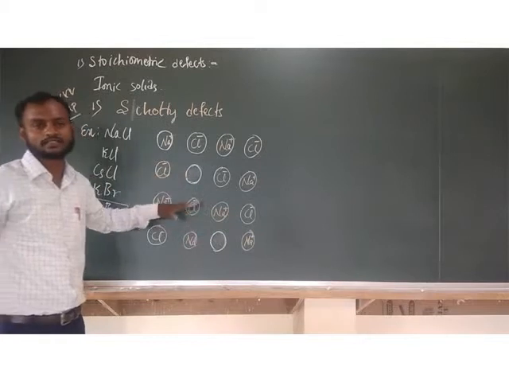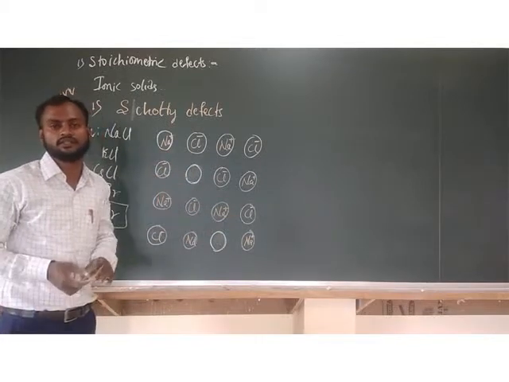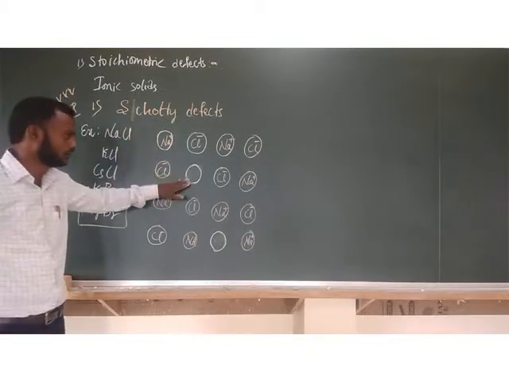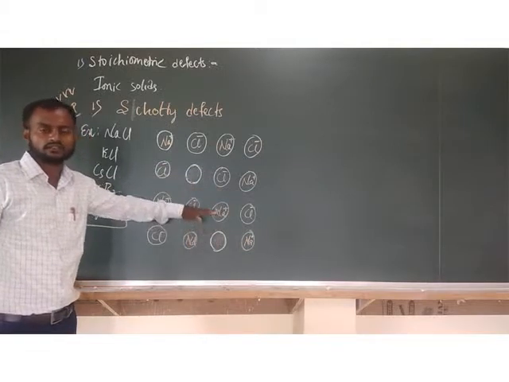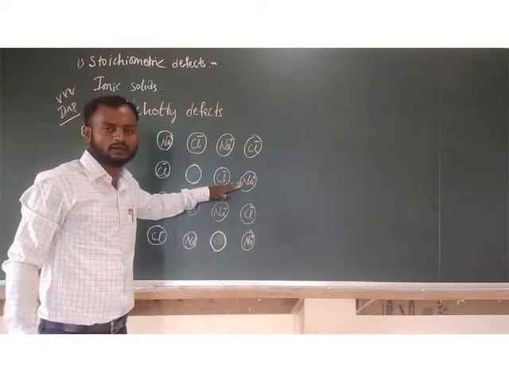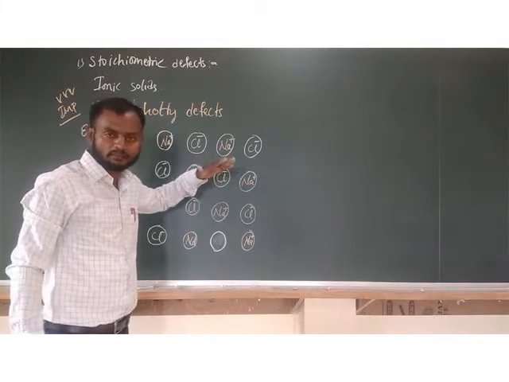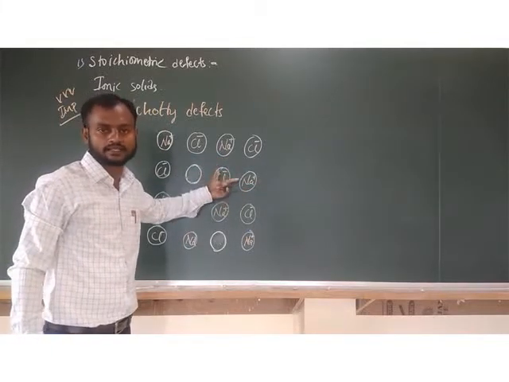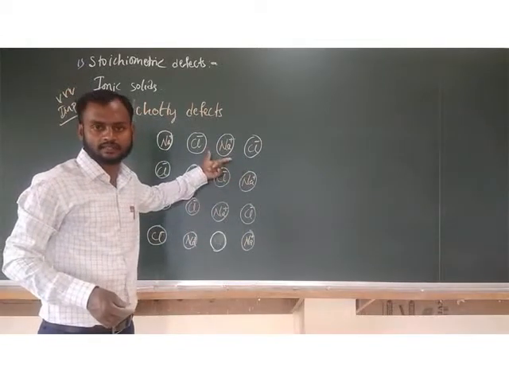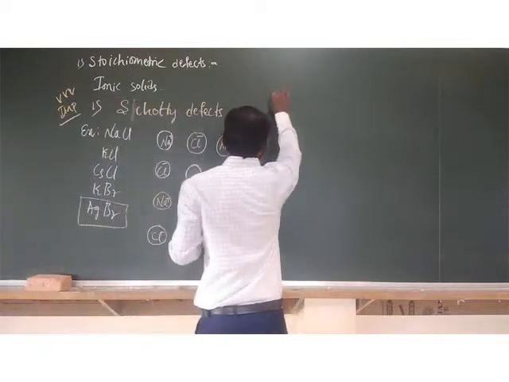Then what about mass, volume and density of the Schottky defect lattices? In case of Schottky defects, since both the cation as well as the anion are missing, the density of the crystal lattice decreases. The volume of the crystal lattice remains the same, and the mass of the crystal lattice also decreases. Clear, my dear students? I will write some points.